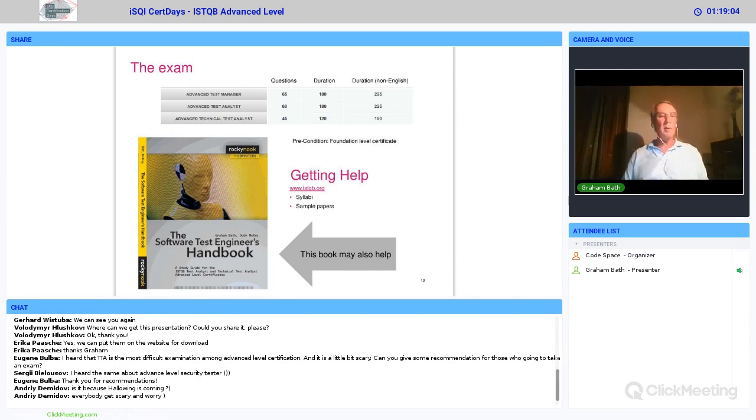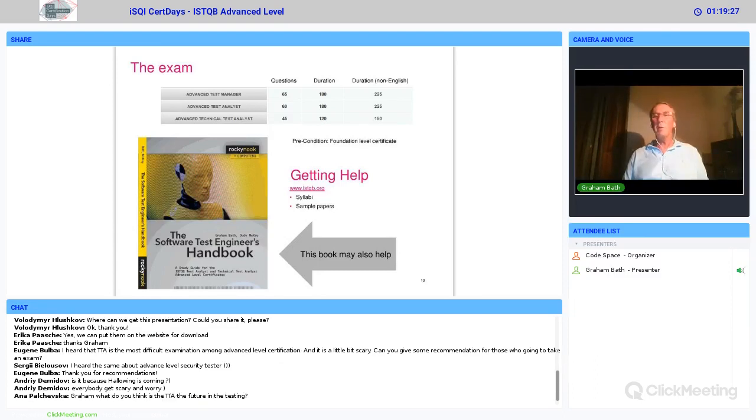But you're quite right, Andre. It's scary. Don't worry. Come on. We're looking at two things here. We're looking at getting a certificate, but we're also looking at getting knowledge and skills. And so attending a course, reading the syllabus, you will gain knowledge, you will gain skills. It won't make you an expert, but it will give you a good start. So bear in mind that aspect as well. Please don't take it from the